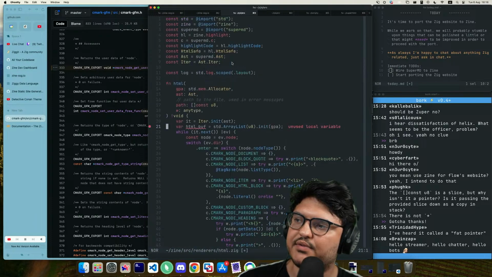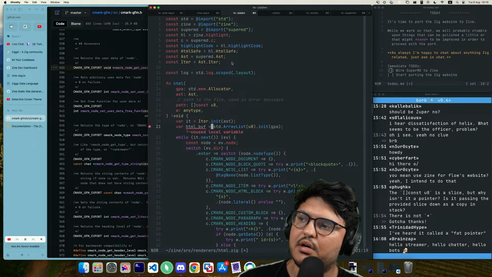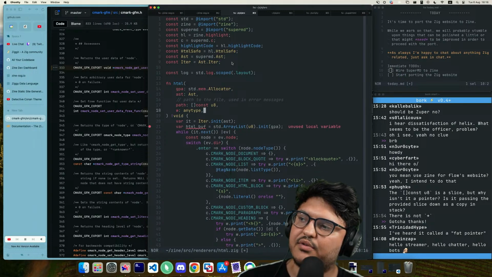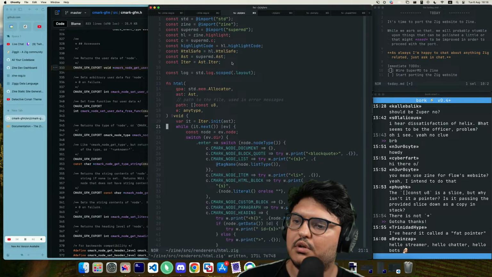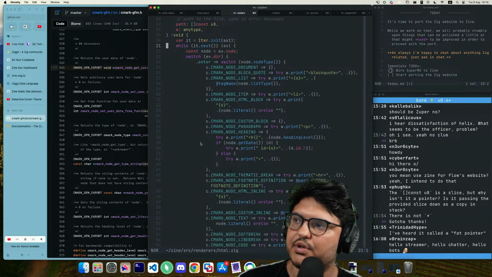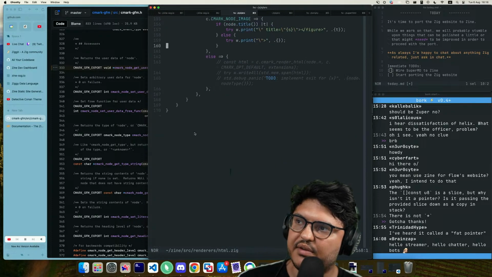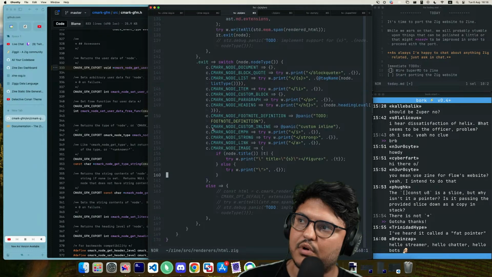Okay, so this line has found its rightful home. Now the problem here is we should be rendering, but why are we not rendering? Because we now expect to have a writer from the outside being handed to us, which is correct. Okay, we should have a working renderer implementation now. Maybe not the best one, but good enough for it to kind of work at least.